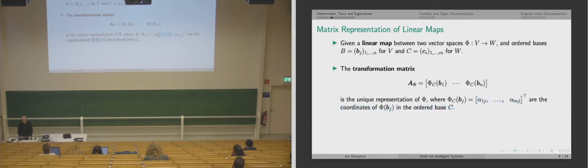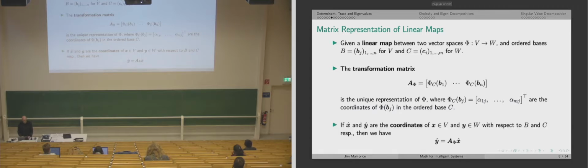So these alphas here, these are the columns. So once we have this transformation matrix, the coordinates x hat and y hat, where x is an element of V and y is an element of W,